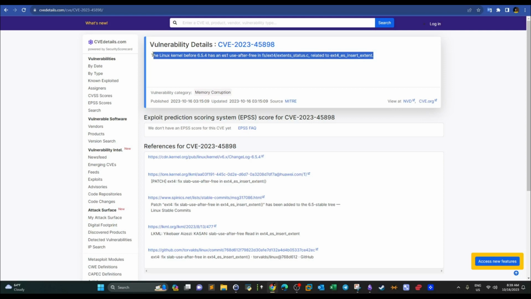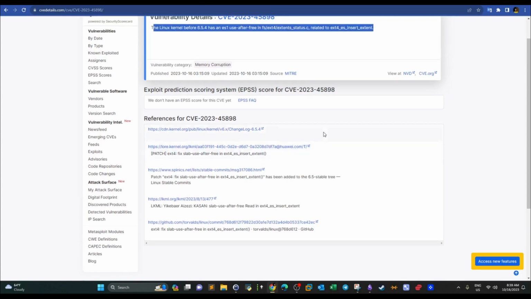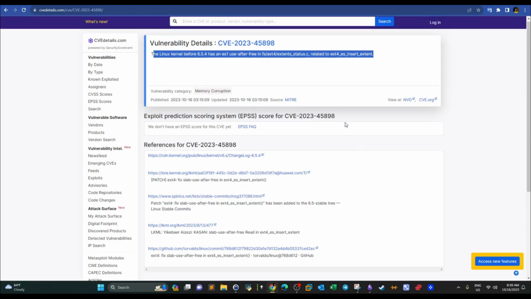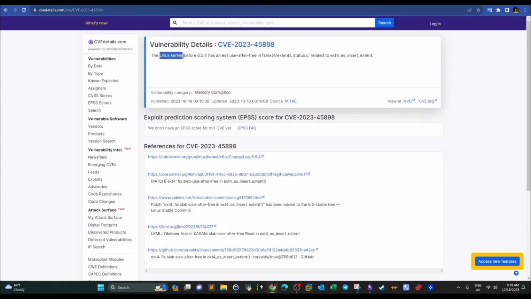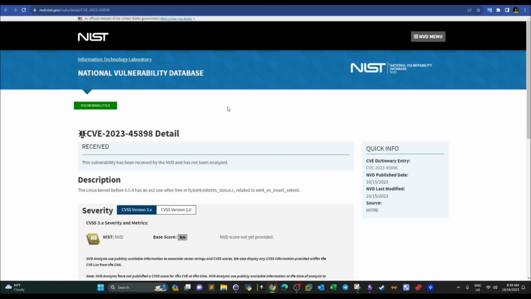In some websites, such as the National Vulnerability Database, we see more detailed information, such as the product affected. Here the product affected is the Linux kernel. That's the affected product. And we can see links to MITRE, NVD, and CVE.org. These are the very most known sources for classifying and listing publicly reported vulnerabilities. If you go to NVD, the link for this vulnerability on the NVD website, we can see